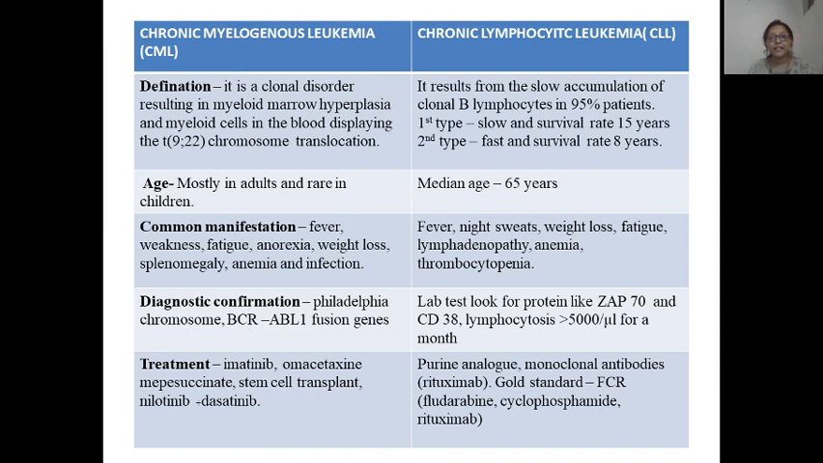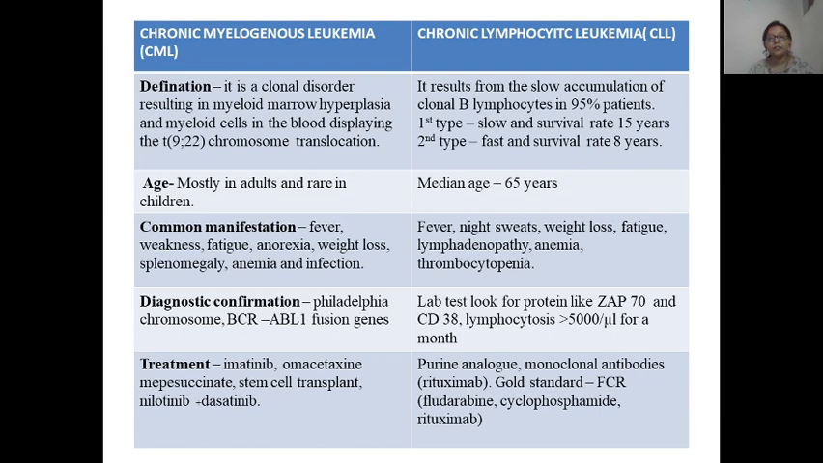Chronic lymphocytic leukemia results from the slow accumulation of clonal B lymphocytes. It has two types. The first one is slow and the survival rate is almost 15 years, and the second type is fast and the survival rate is almost 8 years. It is seen at a median age of almost 65 years. Here the common manifestations are fever, night sweats, weight loss, fatigue,